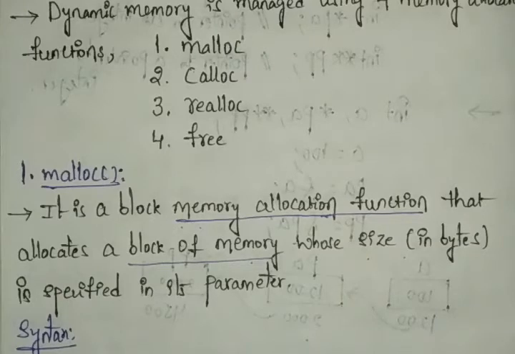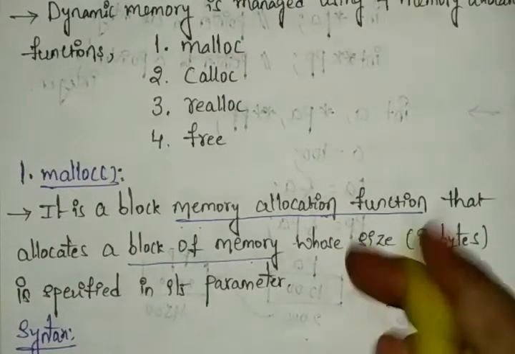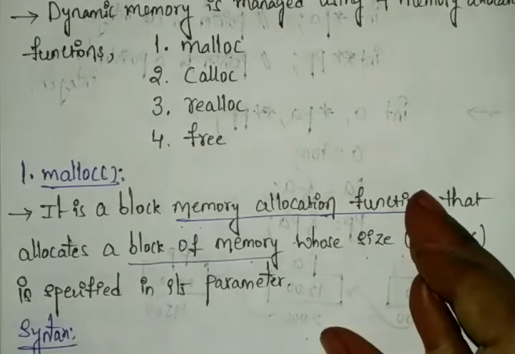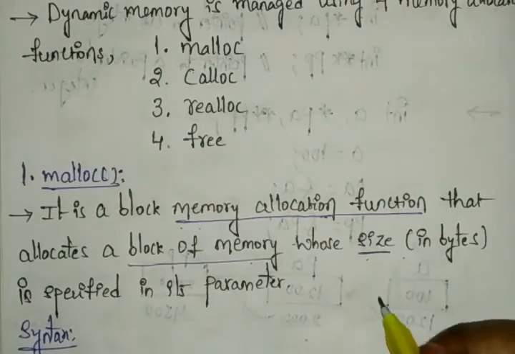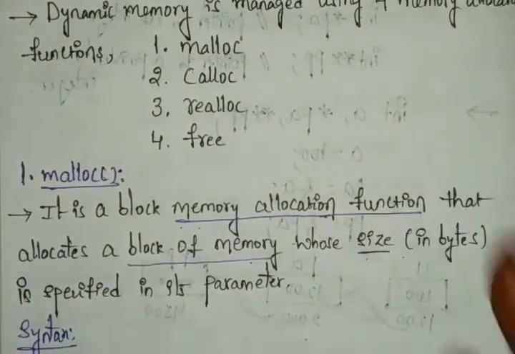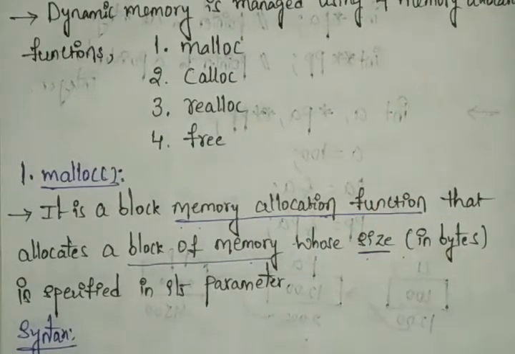If you are using the int data type, it takes 2 bytes of memory. If you are taking the float data type, it takes 4 bytes of memory, and double takes 8 bytes of memory. Long double means 10 bytes of memory. Character takes 1 byte of memory, right? Same like that, the memory allocation can be done by using the size. That can be specified in the memory allocation function, malloc.